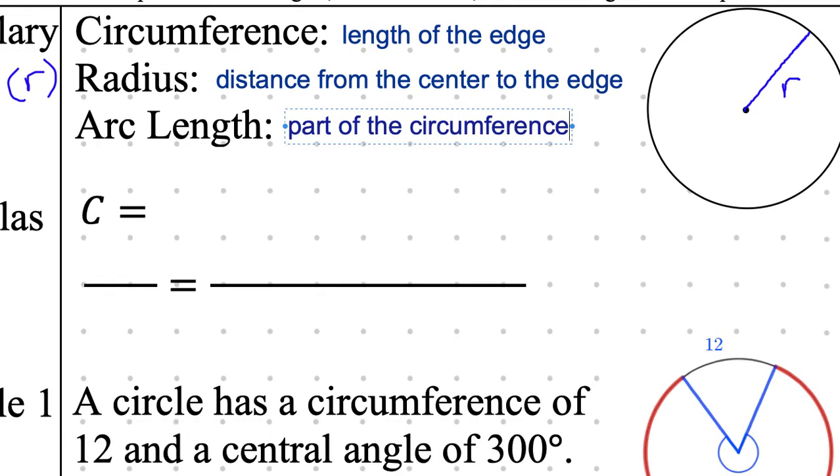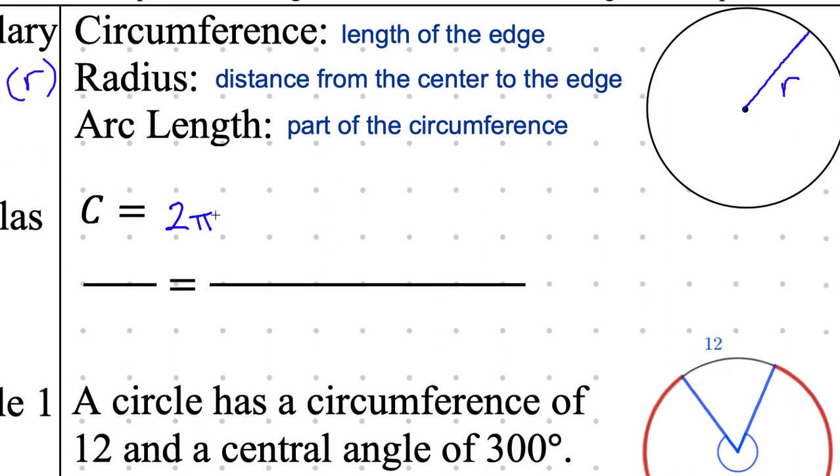Okay, so again, some review from, I think, 7th or 8th grade. When you learn circumference, what is the formula for circumference? There's a pi in there. There's a 2. There's an r. Very similar to the formula for an area. Julian, 2 pi r squared. You're really, really close. You just added an extra square in there. You didn't need to do that. It's just 2 pi r.